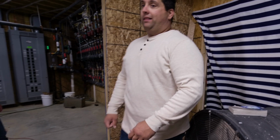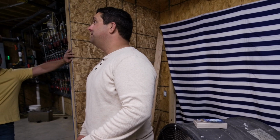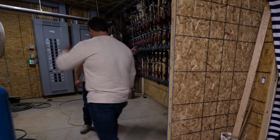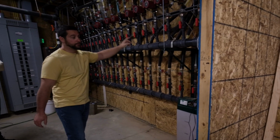So this is where Brandon and I live. This is the belly of the ship. And if she were to go down, this is where Brandon would be. So this is the manifold to all the geos, 19 geothermal units. Ground source heat pumps go into every one of these furnaces,